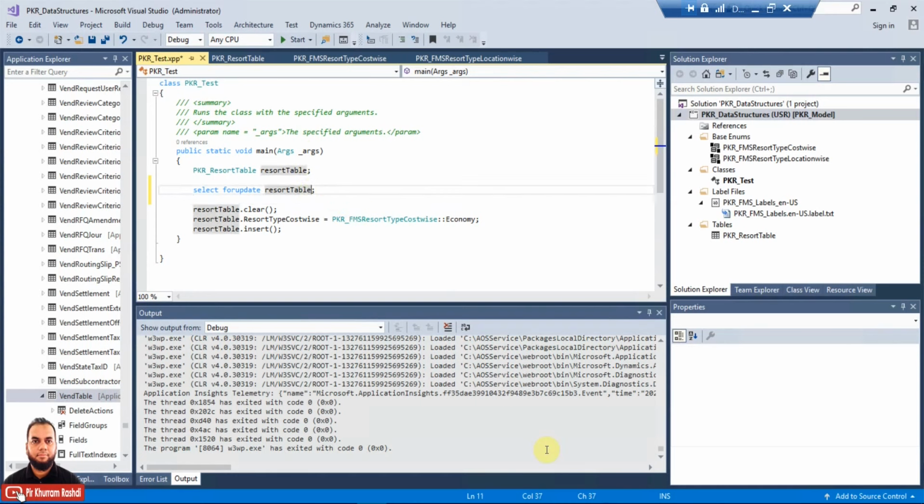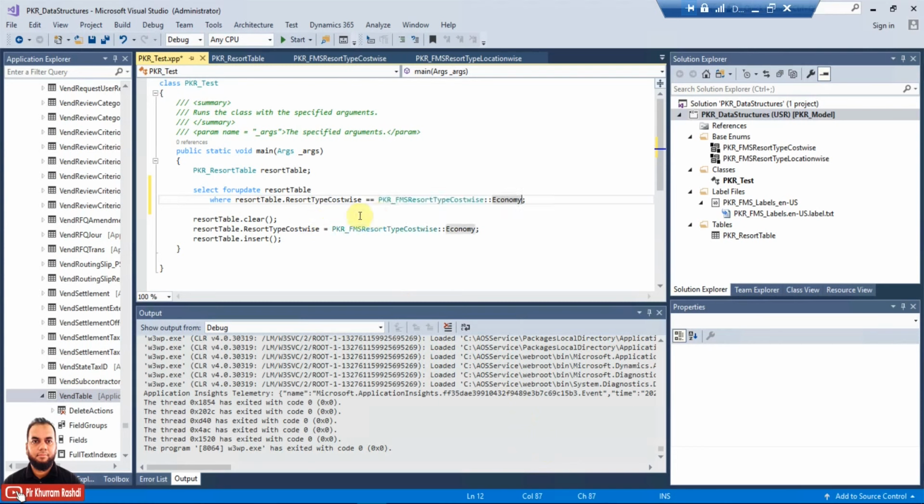Otherwise, what we could have done is put a where clause here with a condition: resort table dot resort type cost wise is equals to. Now I am using comparison here, so I will put the same enum value here, and it will retrieve whatever records have this value.